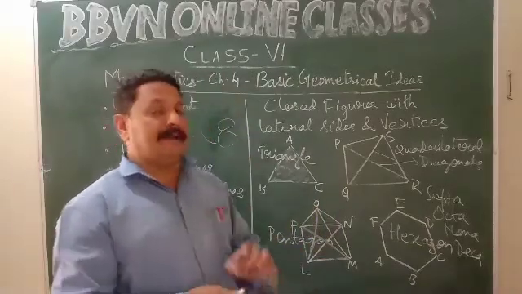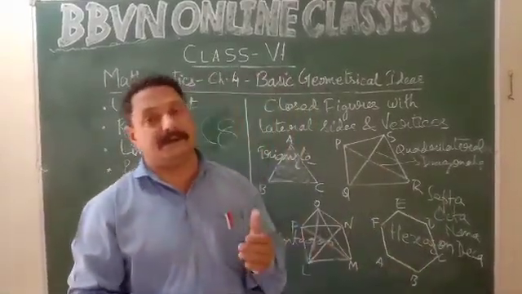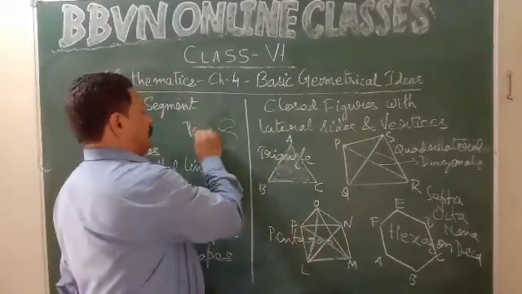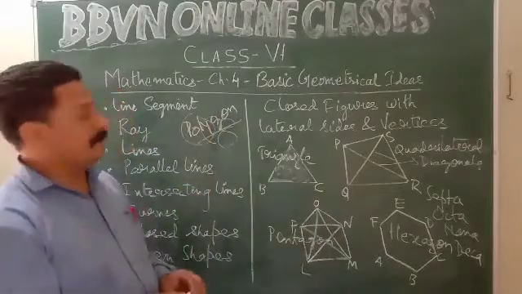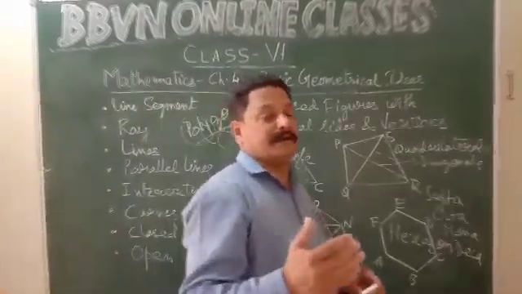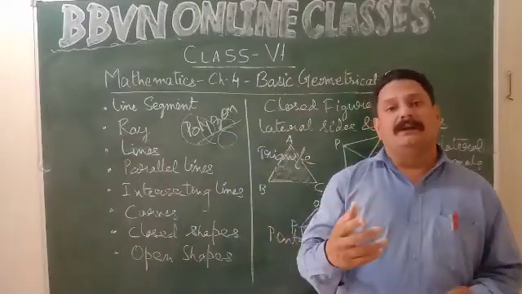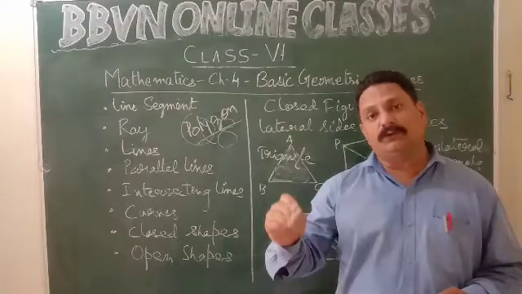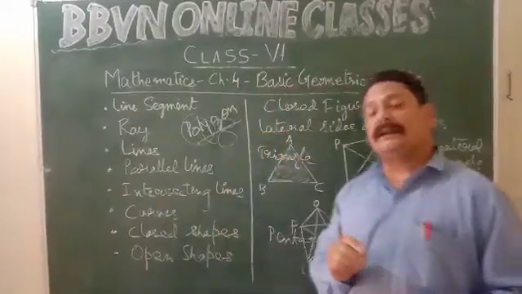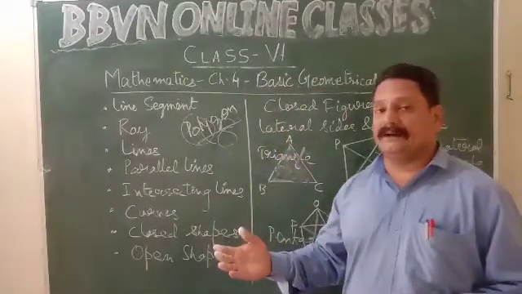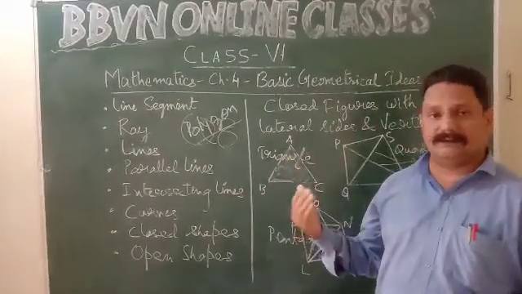And one more thing, any geometrical figure which has 3 or more than 3 lateral sides is known as a polygon. P-O-L-Y-G-O-N. Poly means many, बहुत सारे. Polygon, बहुत सारी lateral sides वाला closed geometrical figure, that is known as a polygon. जैसे आप इंग्लिश में बोलते हैं plural. So any number of quantities, 2 or more than 2, that is known as plural. In the same way, any closed geometrical shape with lateral sides which has 3 or more than 3 sides is known as a polygon. We categorize them as triangle, quadrilaterals, pentagon, hexagon, septagon and all.